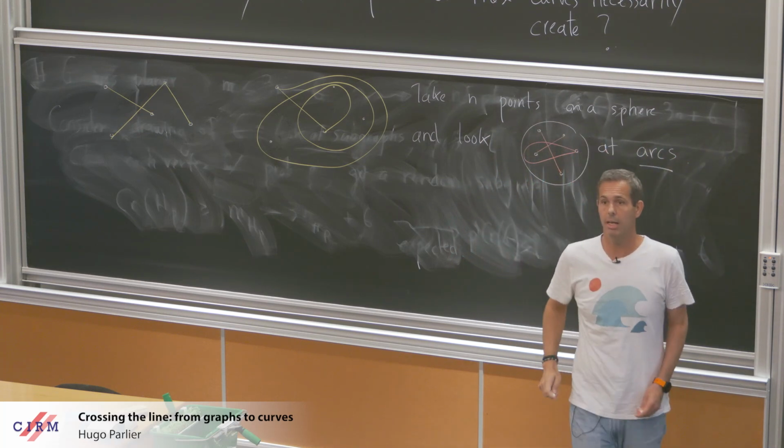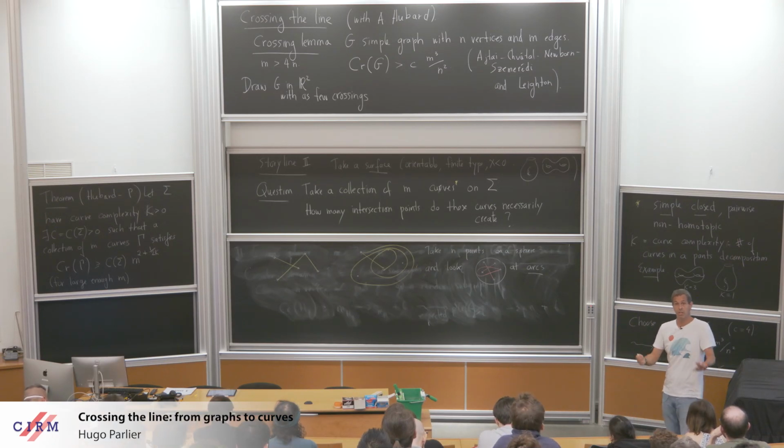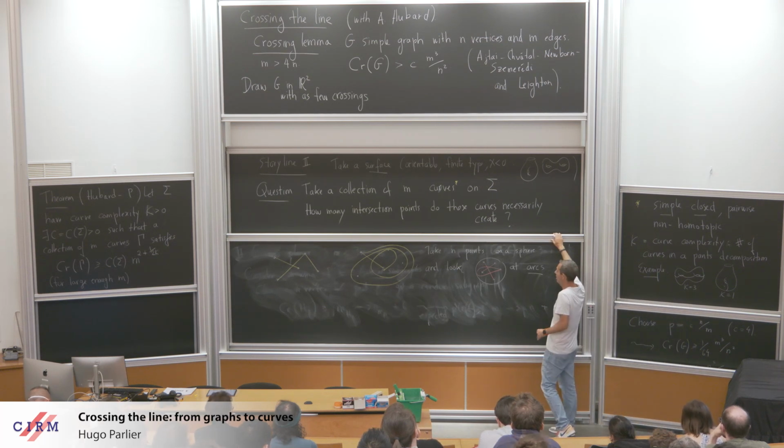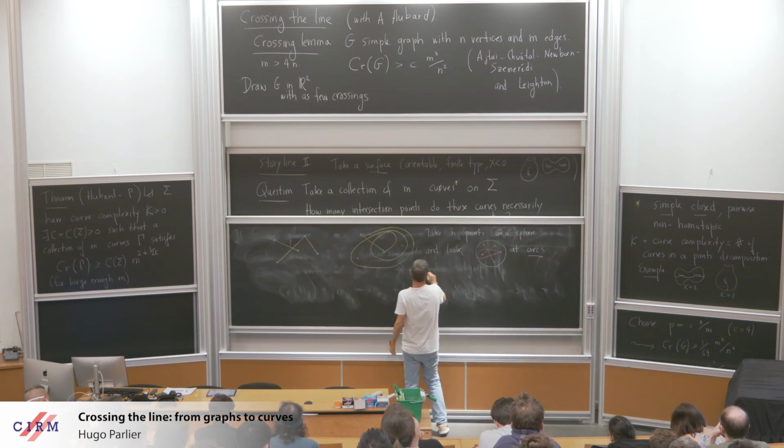Okay. And again, the arcs need to have adjectives associated to them. You can take the arcs that are simple if you want. Right? This is possible. Or you could take the arcs that are not necessarily simple. But to be able to look at many arcs, you have to take them non-homotopic, pairwise non-homotopic.